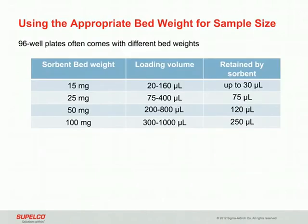So this is a quick slide to introduce you to the idea of different bed weights and sample sizes, and the data is shown for biological samples such as plasma or serum. So the lowest bed weight in the 96 well plate can contain 15 milligrams of sorbent. Then the loading volume would probably not exceed 160 microliters in order to prevent overloading that little bed with